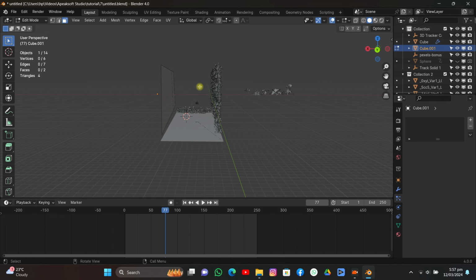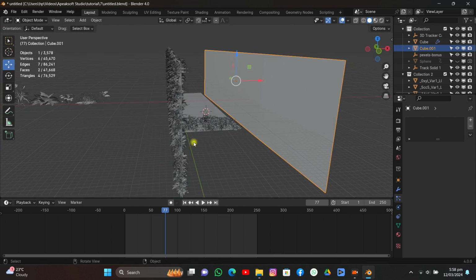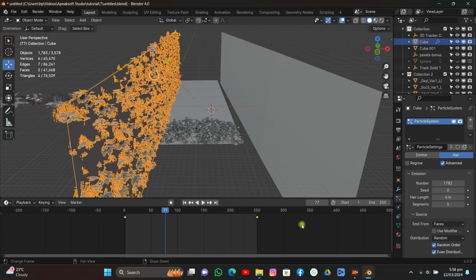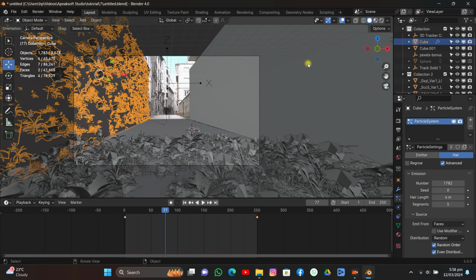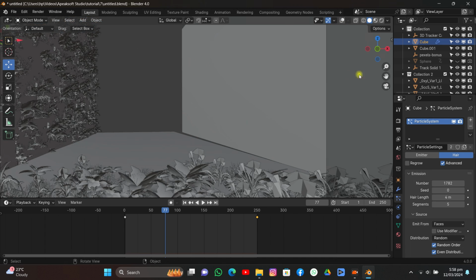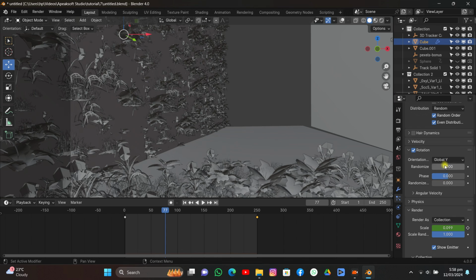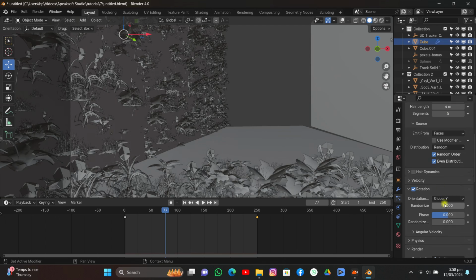Okay, so we added the same particle system into it, but we don't have animation yet because we don't have dynamic paint on this object. We don't have the animation on this object. So let's also change the phase. Maybe we can just duplicate it, and I'm gonna change the phase of the particle system like that, and I'm gonna play it. As you can see, we don't have animation yet because we want to have a dynamic